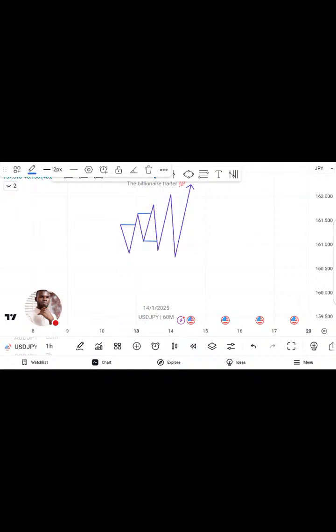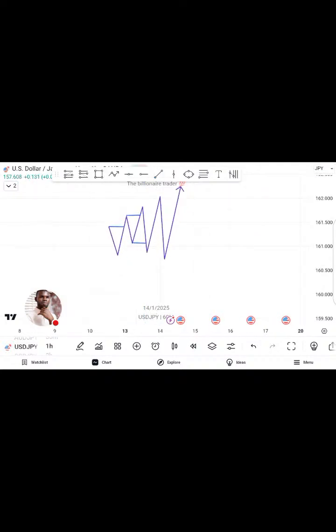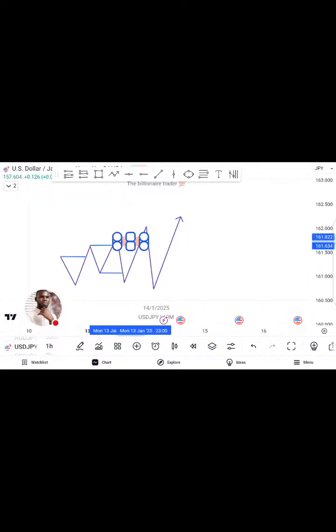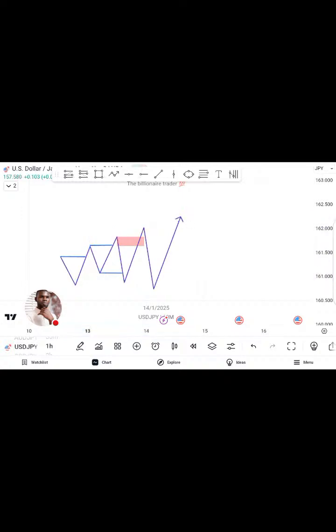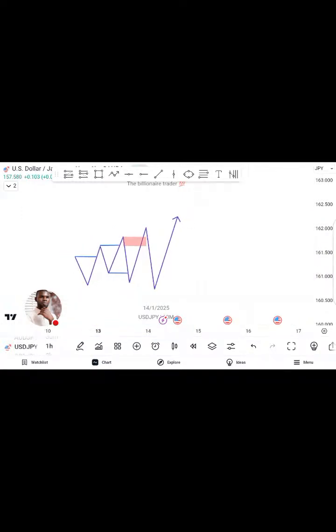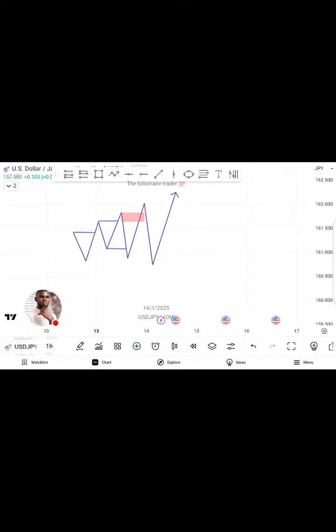After the change of character, it's expected that this high should push price lower, something like this. But instead of doing that, it invalidates that high. Boom. And after invalidating that high,